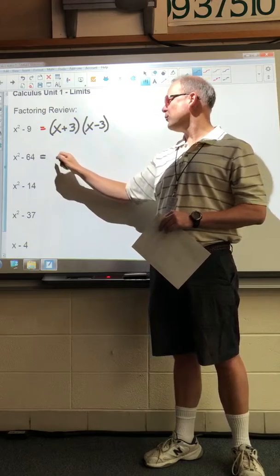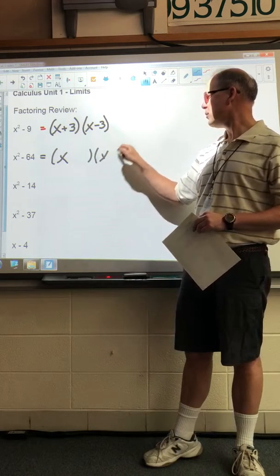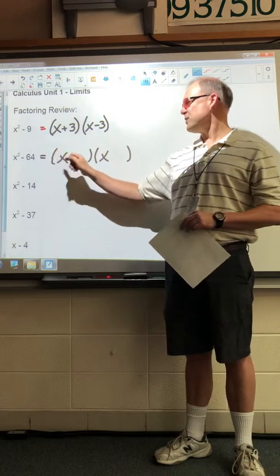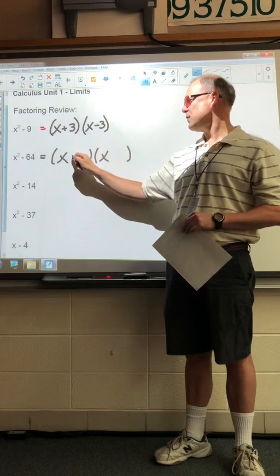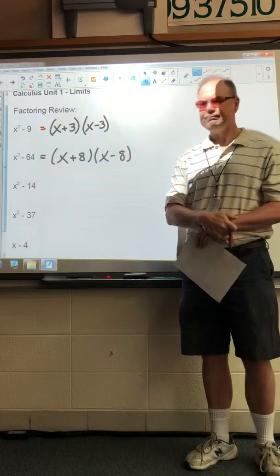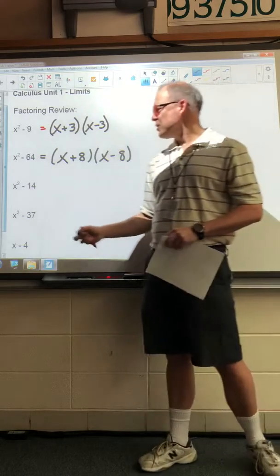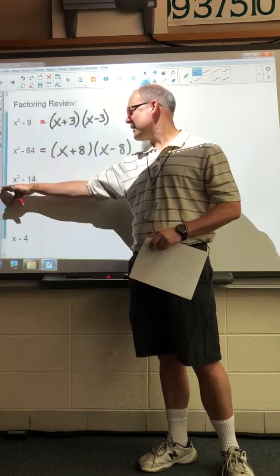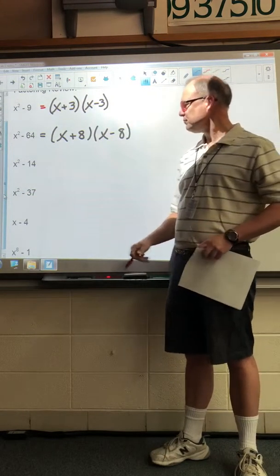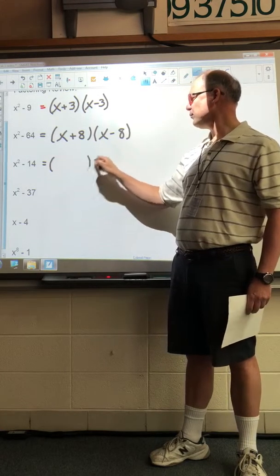So number 2, the second one is also pretty straightforward. Square root of 64 is 8. So x plus 8, x minus 8. Okay. So then if we do the same thing with these next examples,